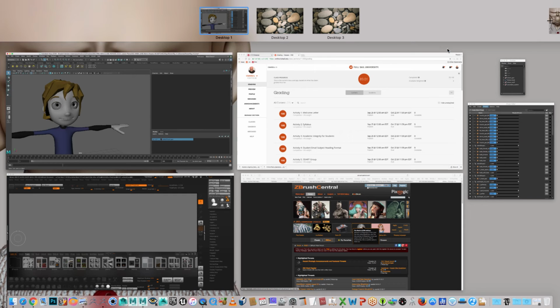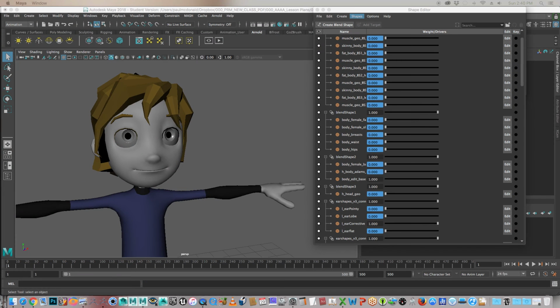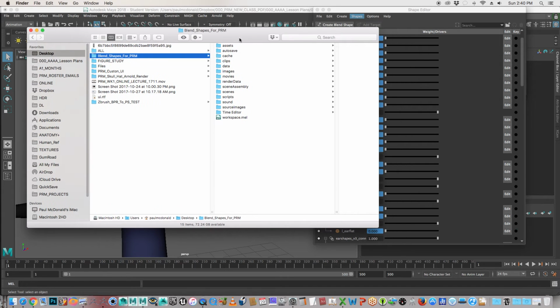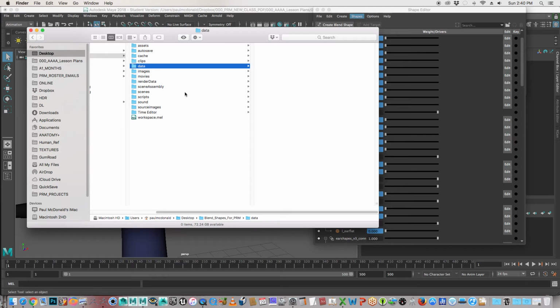As I go to my desktop here, let me find my Finder window. You will see that there is a blend shapes for PRM folder right there. We are going to be using the data and scenes folder. It's important that you create this directory first so that we have some place to put our